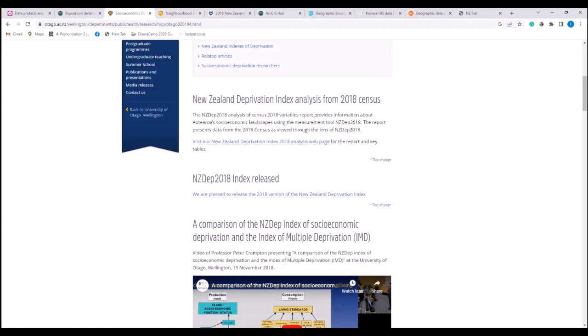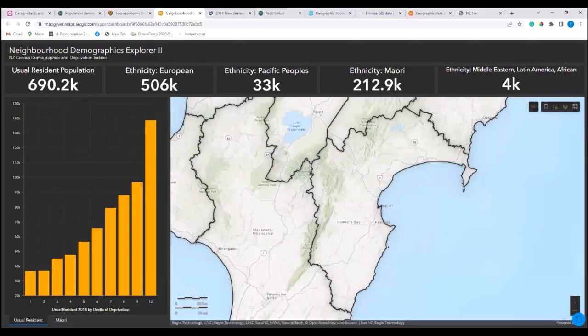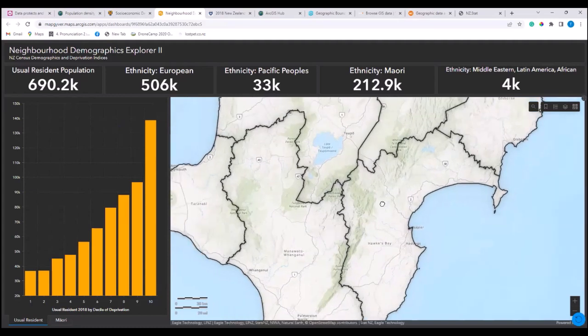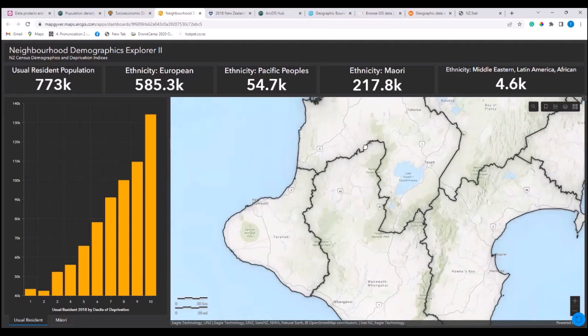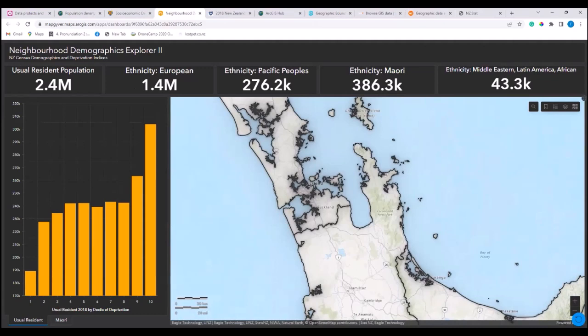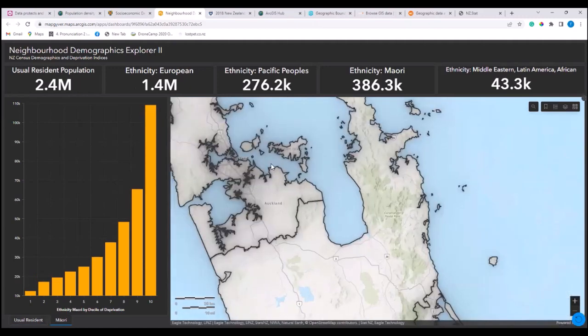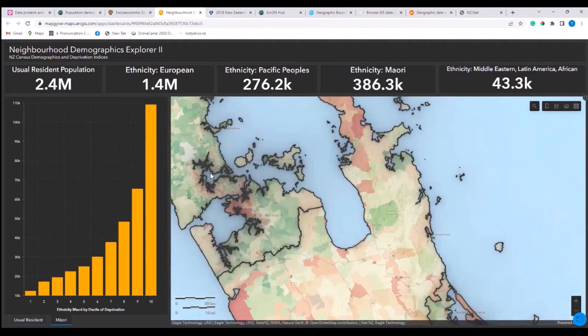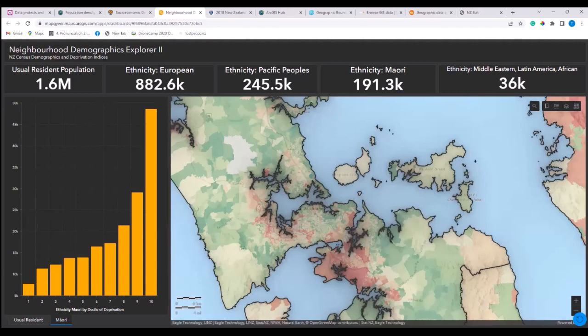And I'll just quickly go over to the app that we've got available. So this is a really cool dashboard that Dwayne made, and this has the deprivation data in it. Oops, and I've managed to flip the map. So we have this chart on the side, and it has usual resident, and also if we go to this tab, ethnicity of Māori, and so I'll zoom in closer. So if I apply the legend,